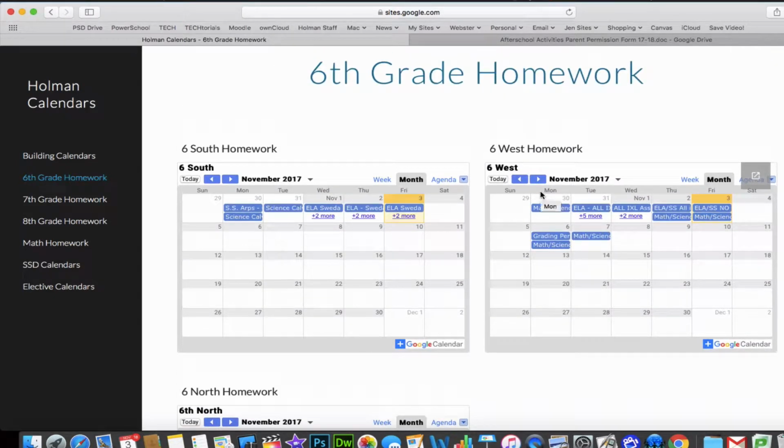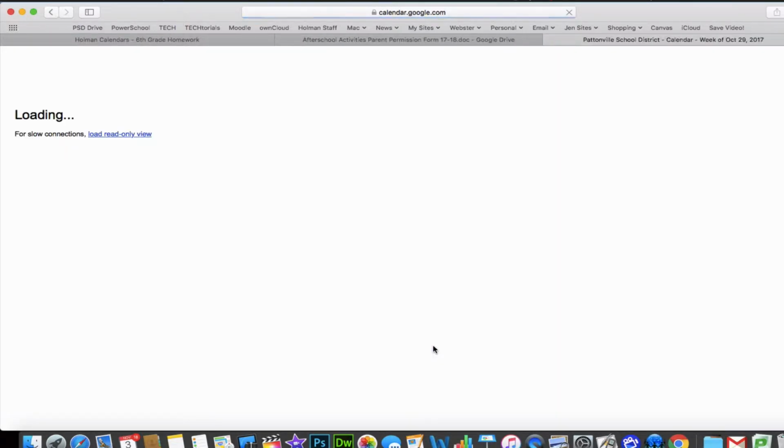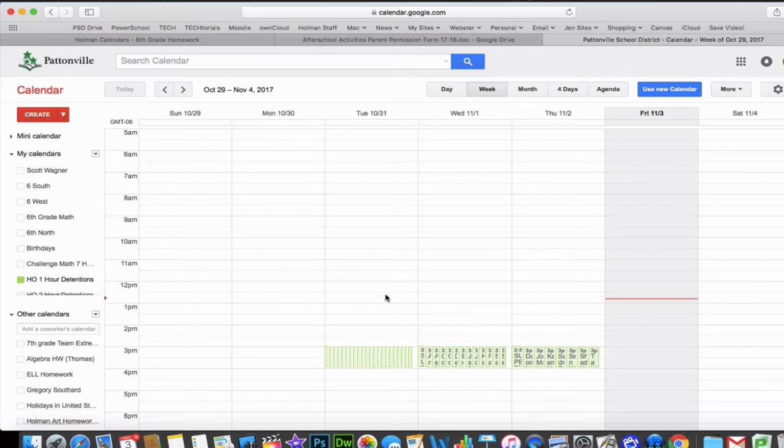grade. And if I wanted to stay up to date on one of these calendars, all I have to do is hit this little plus sign in the bottom right-hand corner of any individual calendar. And what this will do is this will actually subscribe me to this calendar. It'll actually give you a message asking you if you want to add this calendar to your calendar. You hit yes, and then this calendar will show up as a calendar that you will be able to see